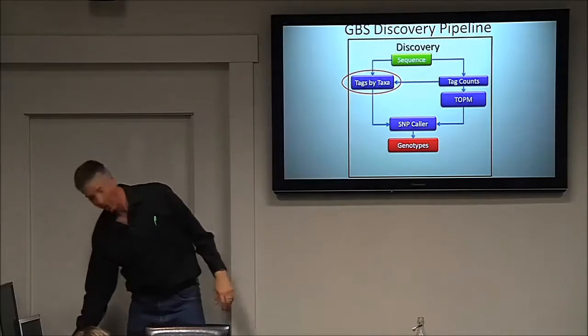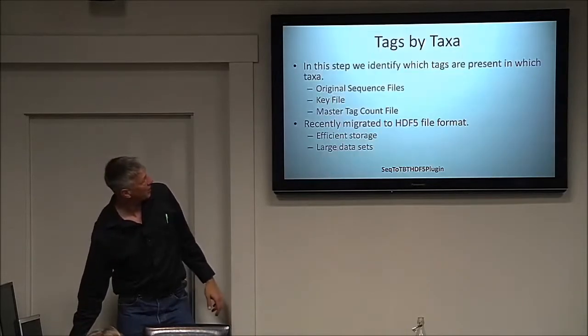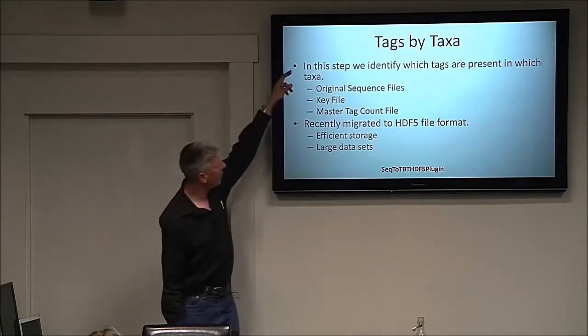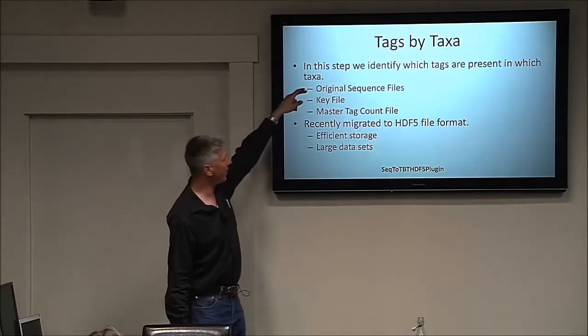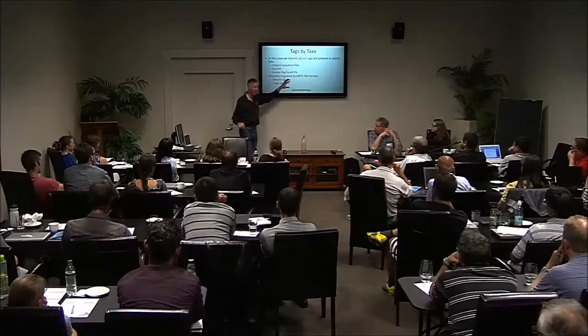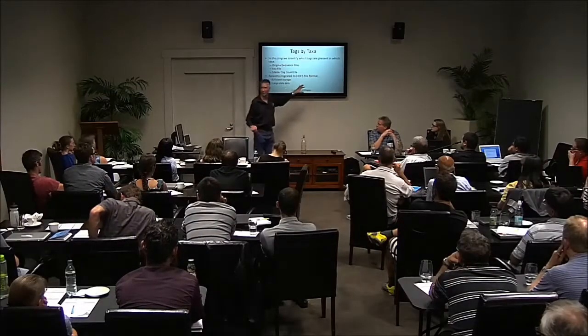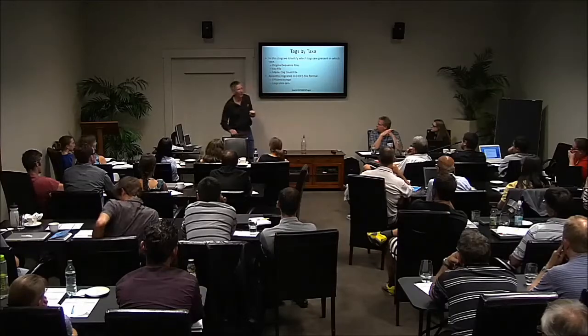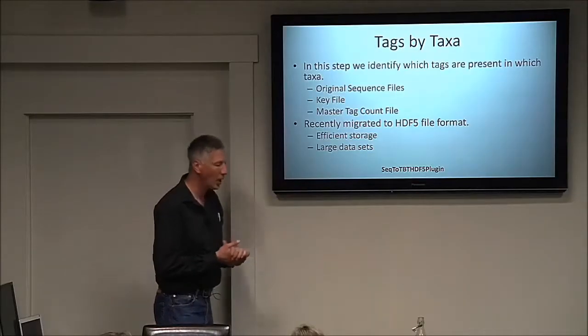Okay. So what we need to do this is the original sequence file, the key file, and I think that's pretty obvious now. Everybody understands what that does, right? Okay. The master tag count file, and those things together in this sequence.tvt HDF5 plugin will make a tags by taxa in this format. And I think this is the first time we've spoken about this format in this workshop. Is that right? Did we talk about this before? No. Okay, so this is